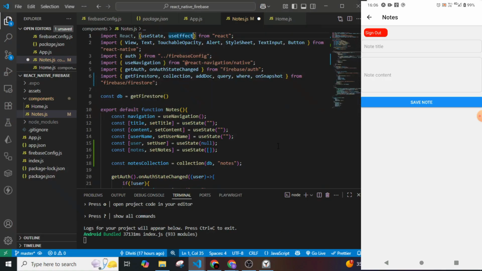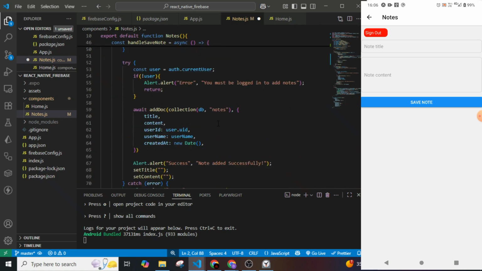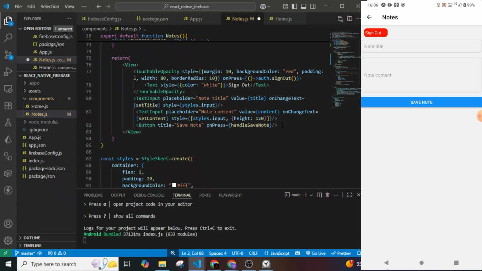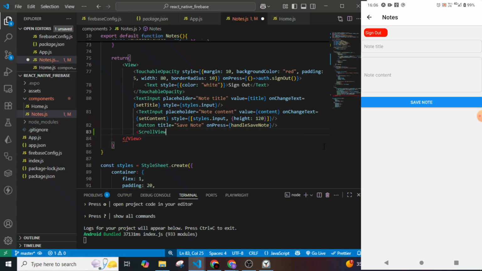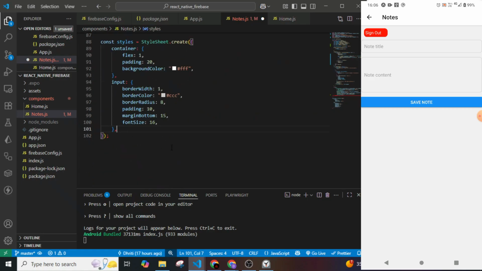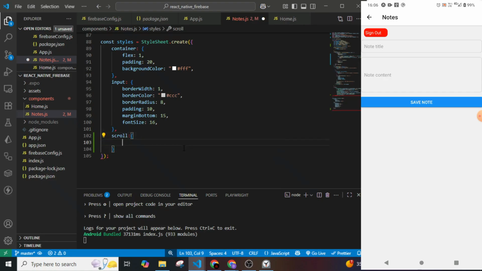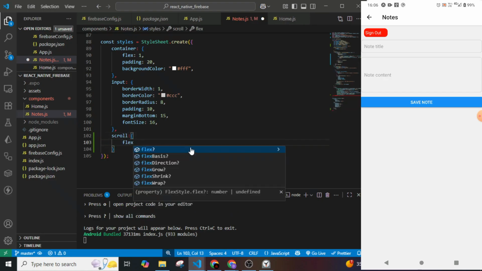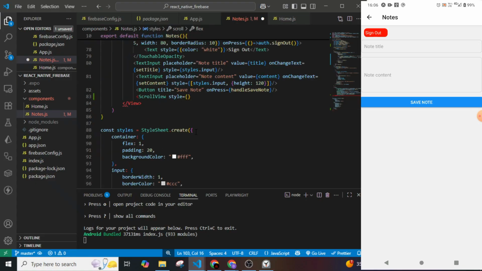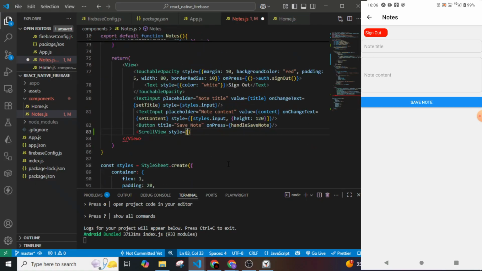We'll import ScrollView, and to display the nodes, ScrollView style and add these styles. Scroll flex 1, styles.scroll, inside of it